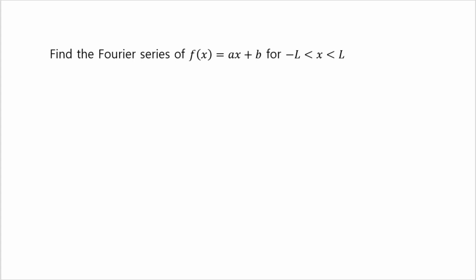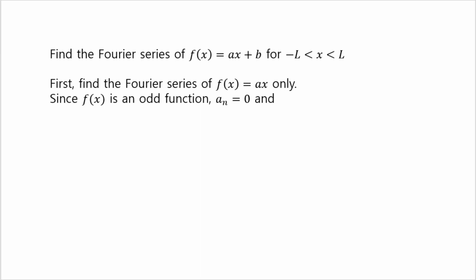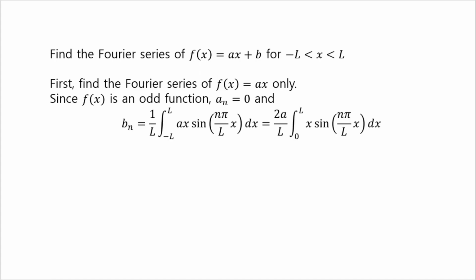Find the Fourier series of ax plus b on the interval negative L to L. Now we're only going to find the Fourier series of ax for now, and then add the b later. Since f of x equals ax is an odd function, all the a_n coefficients are 0, and the b_n